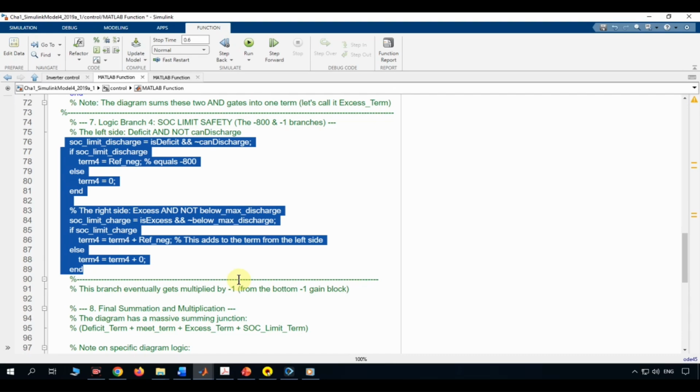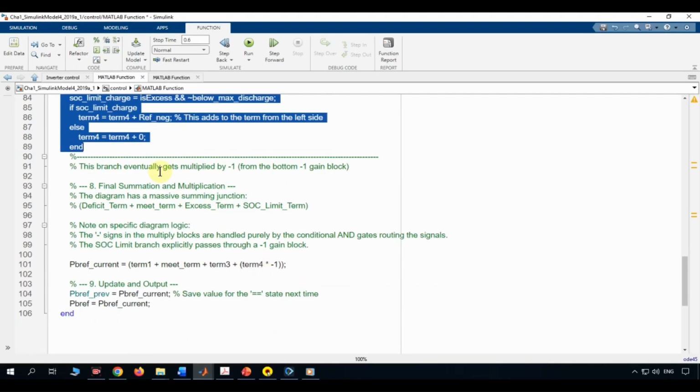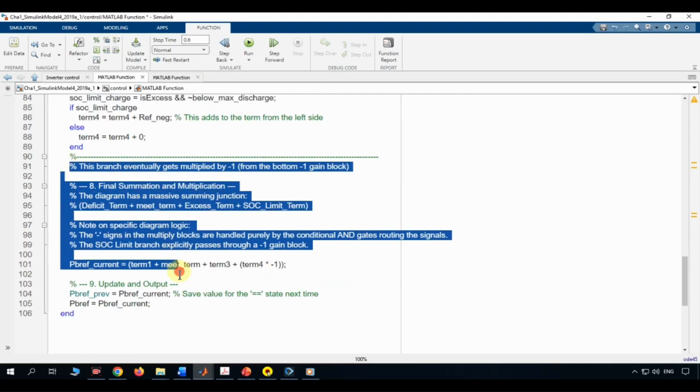This whole term then gets multiplied by -1 at the very end, which is why the constant is written as a negative number now. The final sign flip in the summation restores it to the intended safety override direction. All four terms get added together into one final summing junction, exactly matching that big summation node you can see